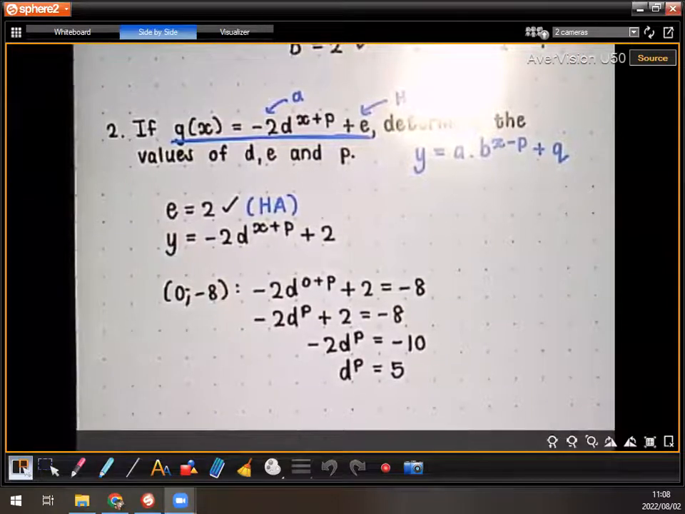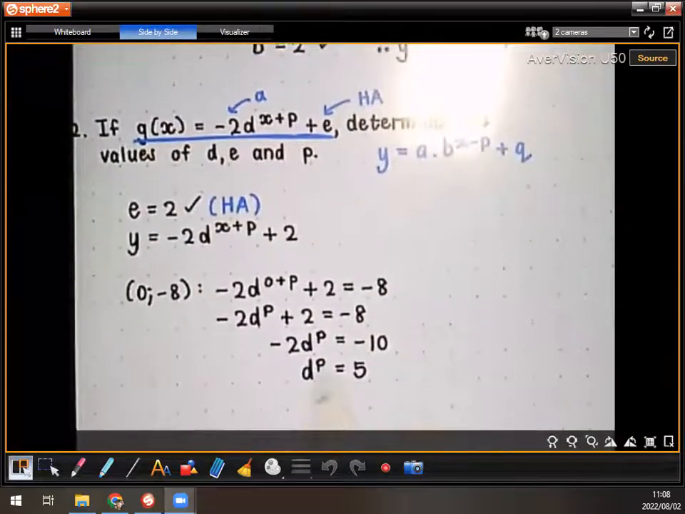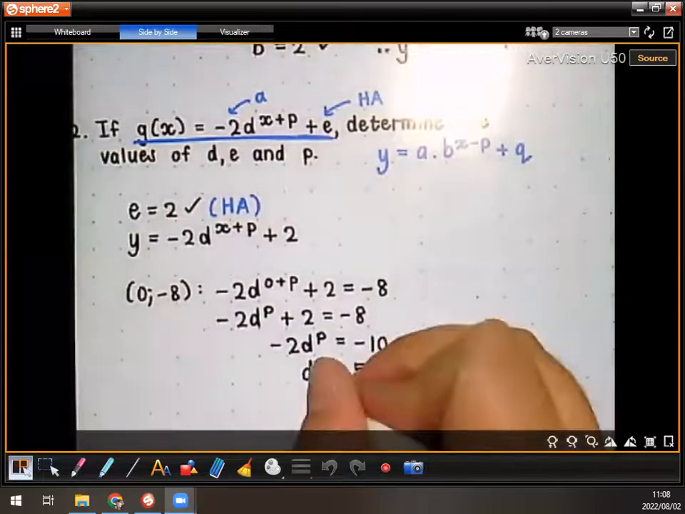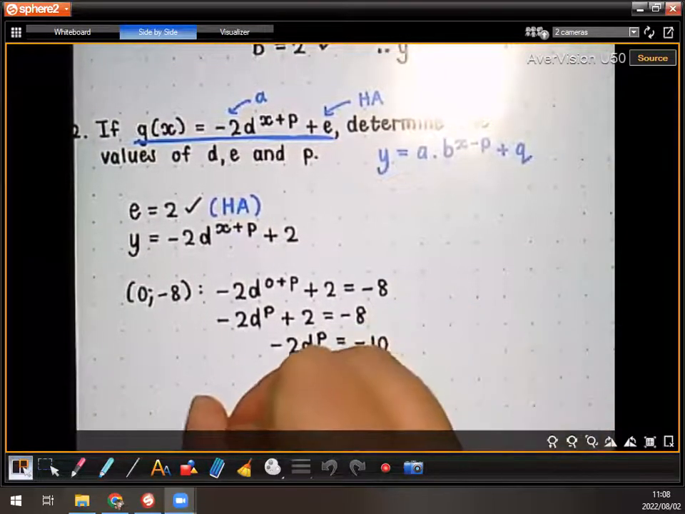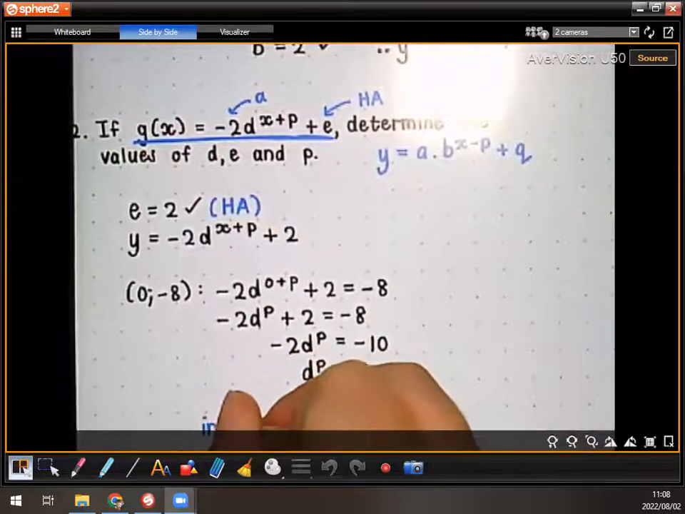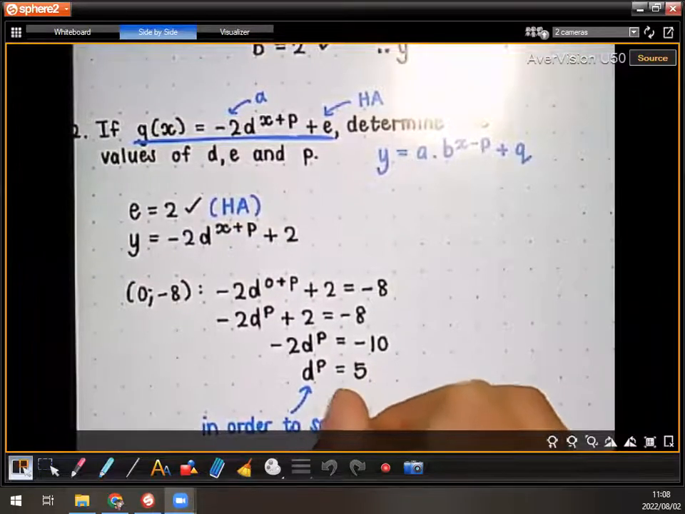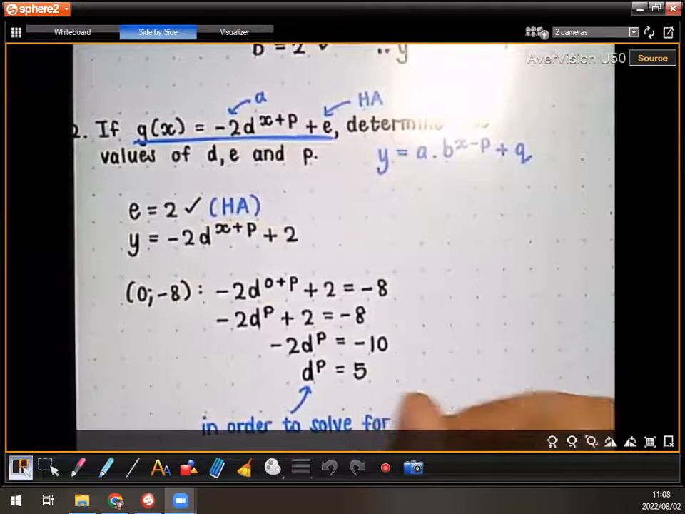Yeah, I haven't solved for d or p, unfortunately, right? But what I was able to do was get a simpler equation. We'll see what we can do with that now. Guys, in order to solve for two variables, what do you need? Two variables, two equations. Okay, so I'm going to write a note here. In order to solve for